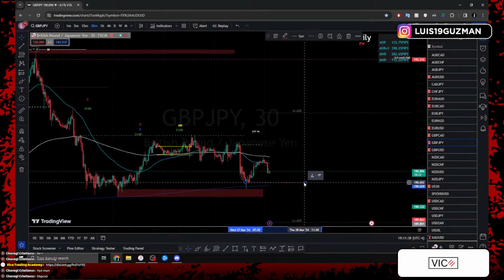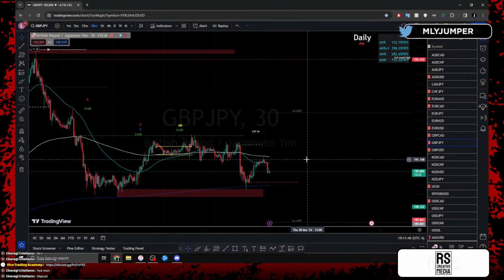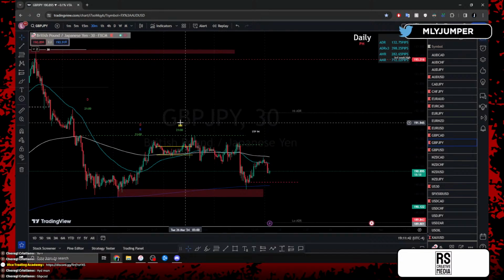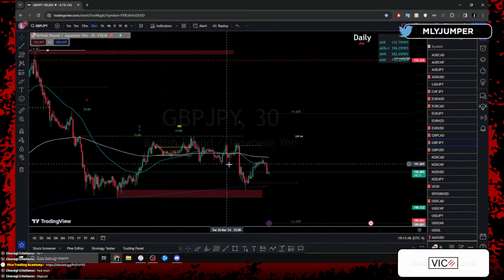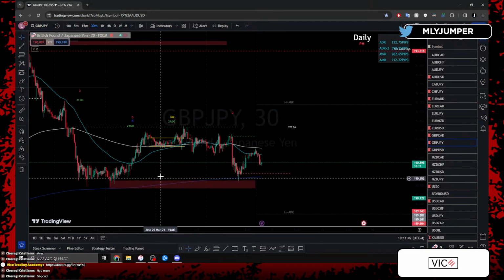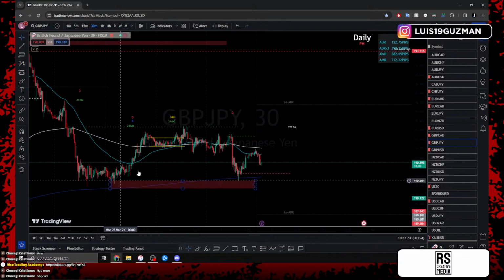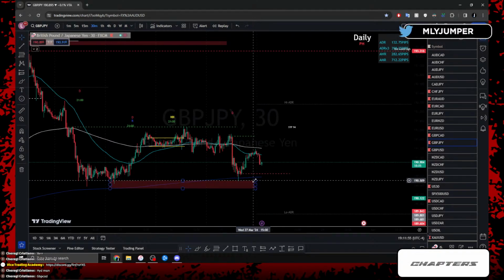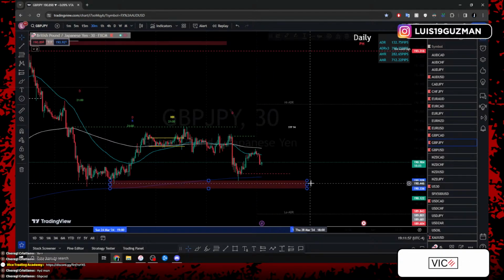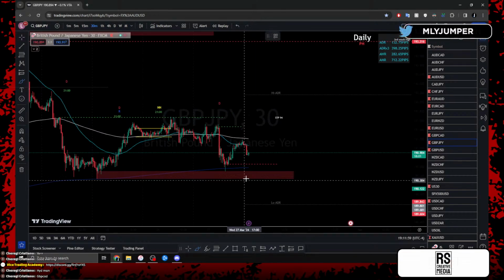Right, what pairs is GJ? We have a day of drop here. No continuations. Still gotta wait it out a little bit, waiting to see what price wants to do. Right, price, we can already see how we rejected these lows 1, 2, 3 times. Once we made these lows, which is where we're going to now, price is gonna make a decision on whether or not it wants to go down and break below these lows.